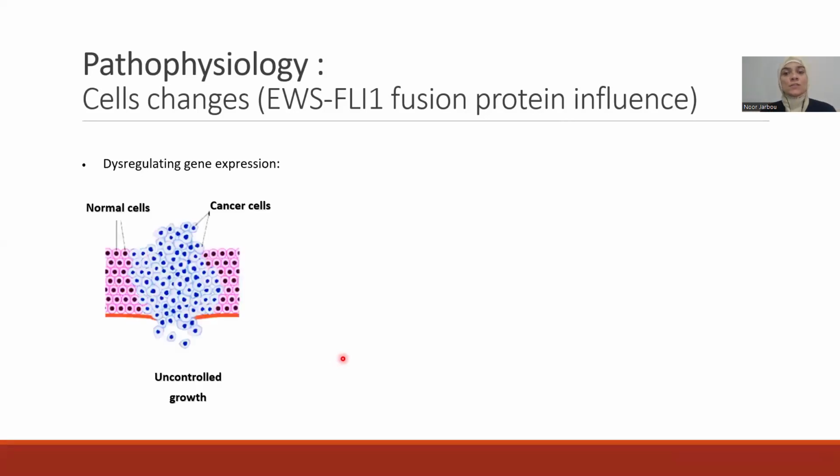The first one is dysregulating gene expression by disturbing signaling pathways, which occurs by binding the EWS-FLI1 fusion protein to specific DNA sequences, influencing gene expression related to cell growth, differentiation, and survival, which leads to uncontrolled proliferation and